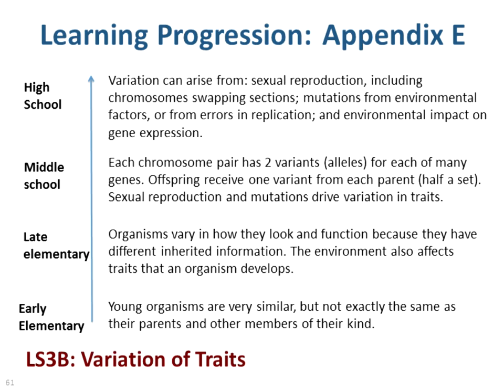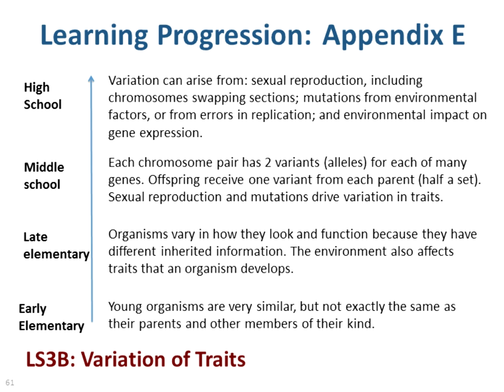If we look at variation of traits, which is the second sub-idea, if you notice, and I don't know if you were actually reading or not, the early elementary and late elementary are exactly the same. So it is, again, focusing on variation, inherited variation, and the role of the environment. Middle school, there's some difference here. For this particular sub-idea, we're focusing on this two-variance notion. Again, an idea that's not entirely intuitive because you only see one trait. You don't really see two traits.